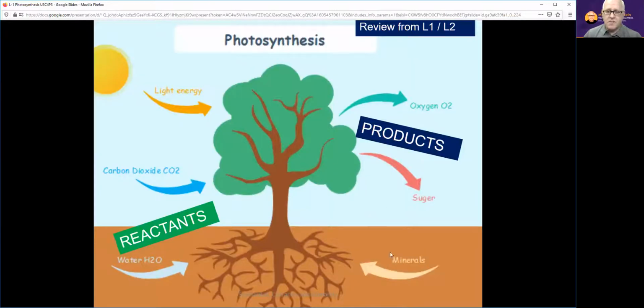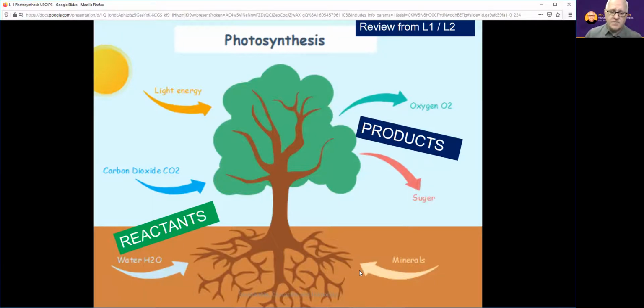So let's review our image of photosynthesis and what we call our big tree. Remember, the tree is a plant, it's an autotroph. It has the ability to nourish itself. The tree has roots in the ground. The tree takes in water from the ground that's come from the atmosphere. It also takes in some minerals, and we'll talk about those minerals next semester when we work on our unit